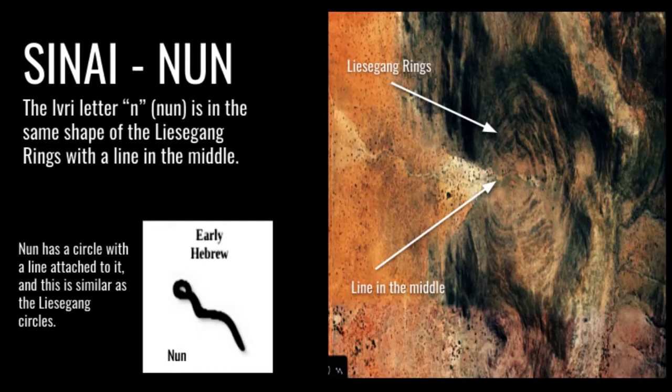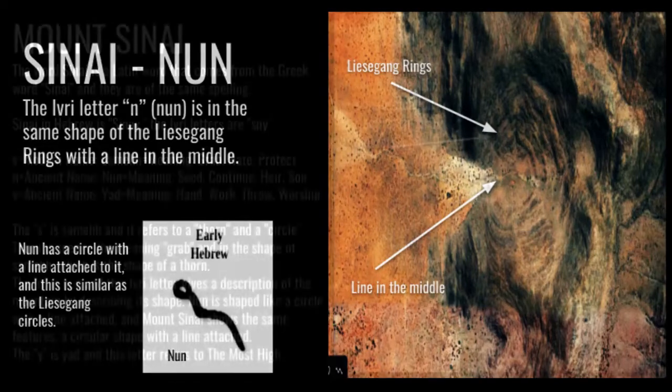Every letter Nun, this every letter, it gives the description of Mount Sinai, and it describes its shape, the shape of the Liesegang ring. Nun is shaped like a circle with a line attached, and Mount Sinai shows the same feature, a circle with a line attached. The every letter Y, the Yod,